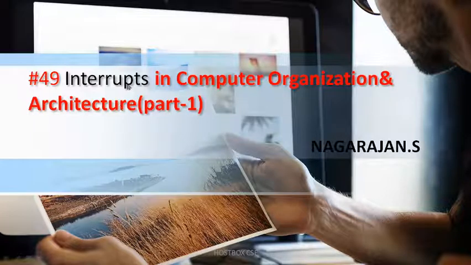Today we are going to see the topic called interrupts in computer organization and architecture. It is one of the major and very important areas that you definitely have to know if you prepare for GATE or any competitive exams. In the previous session I explained accessing IO organization, where we discussed the disk controller and mechanisms for accessing IO devices, such as program controlled IO. At the end I gave an introduction to interrupts and DMA, and the upcoming session will explain DMA. Let's go for interrupts in this CO.